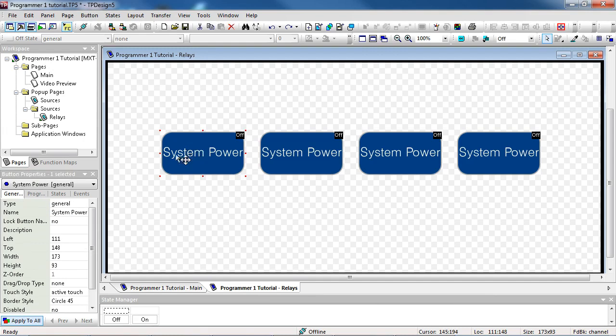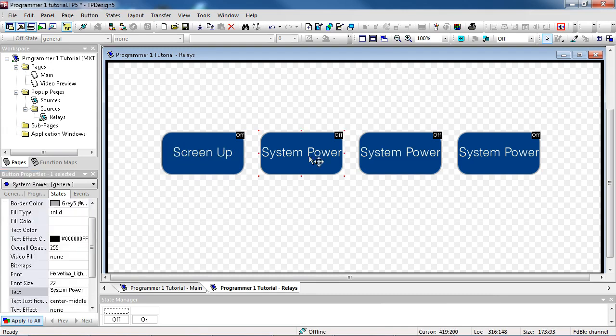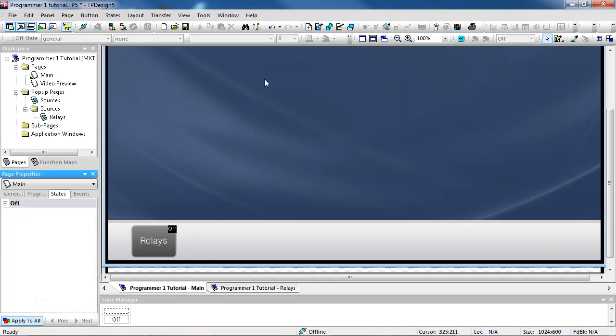Change the All States text of these buttons to say, Screen Up, Screen Down, Screen Stop, and Screen Preset. When you're done, you can delete the original System Power button on the main page since we won't be using that for anything else. You can configure the Relays button in the source selection bar to show the Relays pop-up